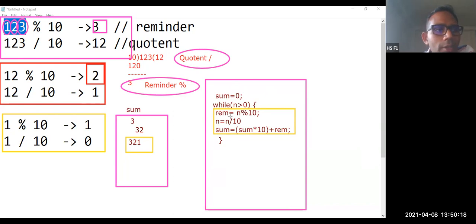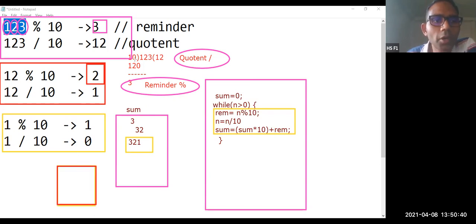So this is how you are going to find the reverse of a given number. I'll repeat it again, don't worry. Initially we are going to take one n value.